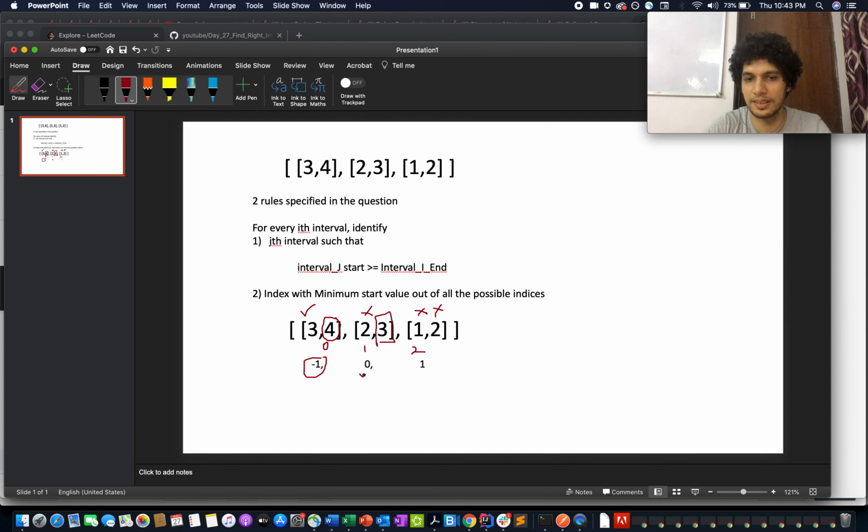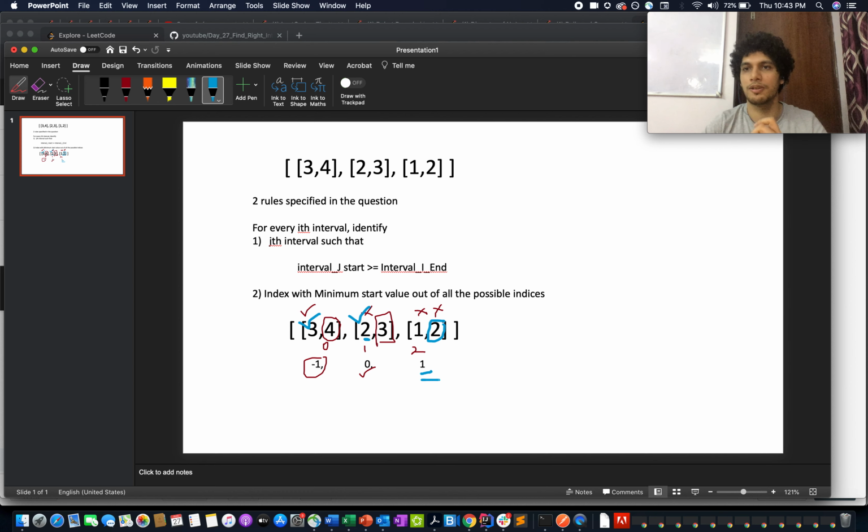So we got this, and now comes the third case, the third point. This is the end of i, in this case 2. Let's iterate through both the elements. Here as well, 3 is greater than or equal to 2. Yes, it is. This is a valid case. 2 is greater than or equal to 3. Yes, again it's a valid case. We need to identify the minimum out of the two indexes. So this becomes the answer because 2 is closer to 2 than 3, and hence we store 1 here.